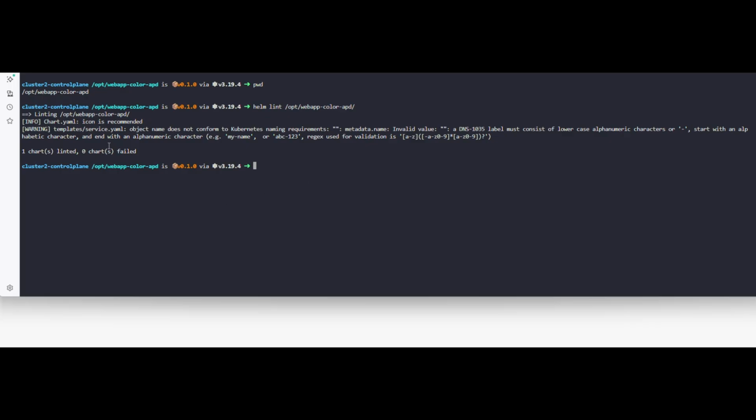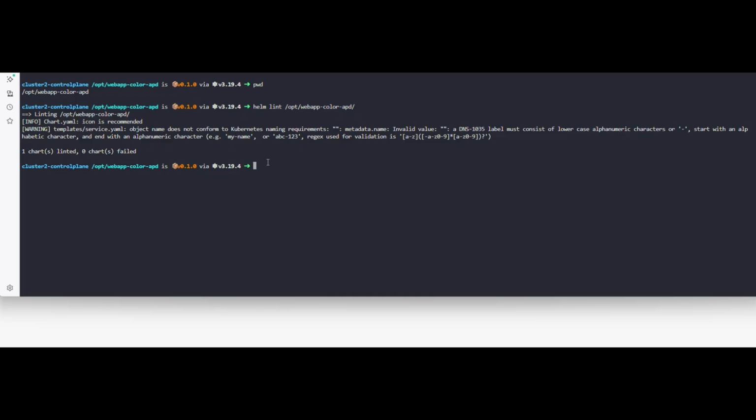So let's see if anything is wrong there. What it says is template service.yaml object name does not conform to Kubernetes naming requirement. So there is actually metadata.name, which is an invalid value, right? Let's just see what is wrong with the